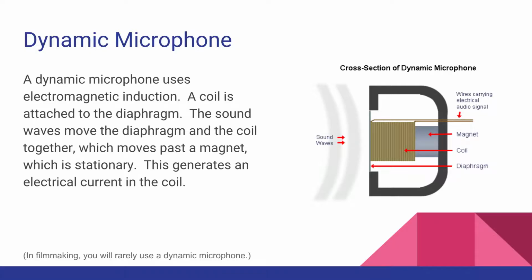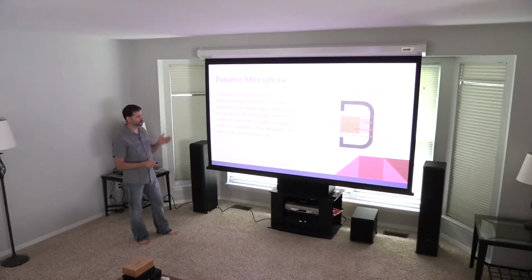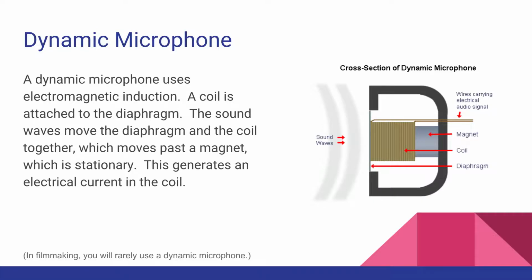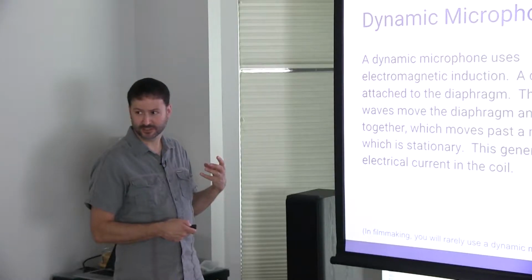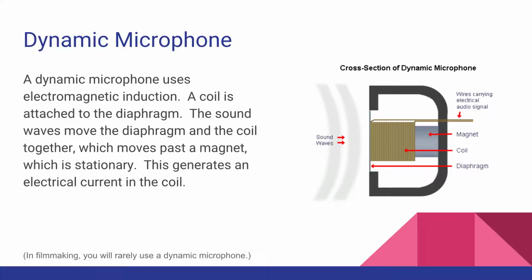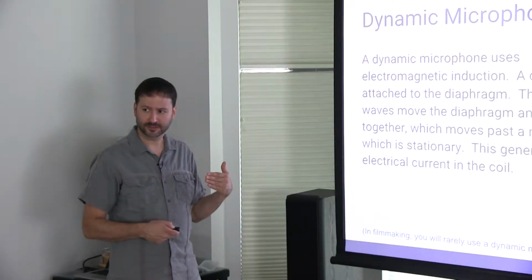So the way this works is that you have a diaphragm right here. It's showing it from the side, but it's probably a round disc. Attached to the back of the diaphragm is a coil, just a coil of wire, and that's what the leads from the microphone are connected to. And then in a fixed position, this doesn't move with the diaphragm, there's a magnet. When the diaphragm moves in and out, which it does because the sound waves are pushing and pulling on it, that moves the coil, and the coil moves back and forth across the magnet,